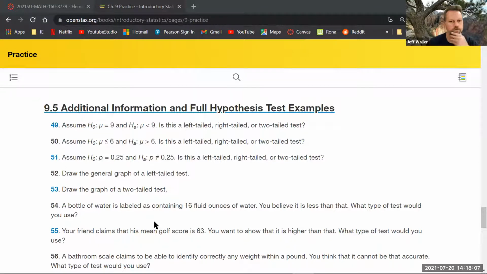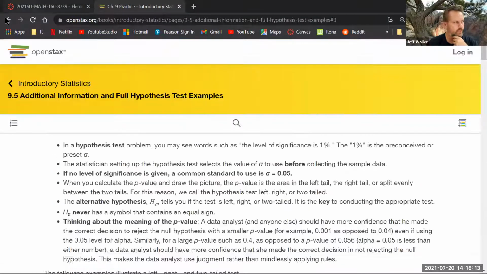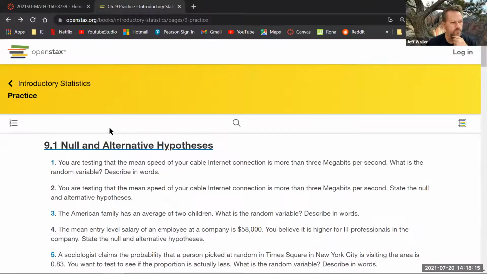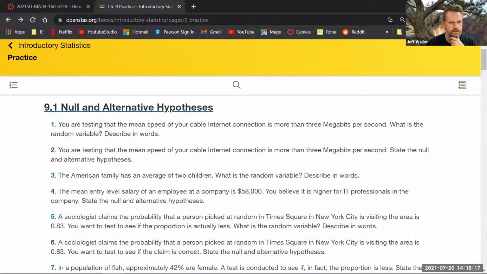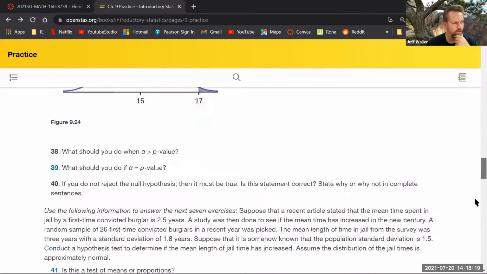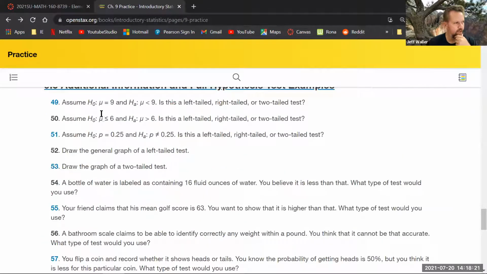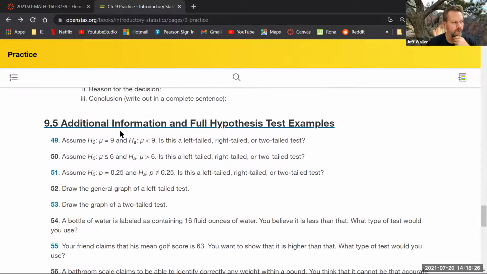So I did talk about this a little bit. There is a school of thought where H0 is always equal to, no matter what. Right, I did bring that up. Go back. Hold on. There we go. But who cares? They could put whatever kind of weird thing they want here. What tells me where the rejection region is? What sets that up? The alternative hypothesis.